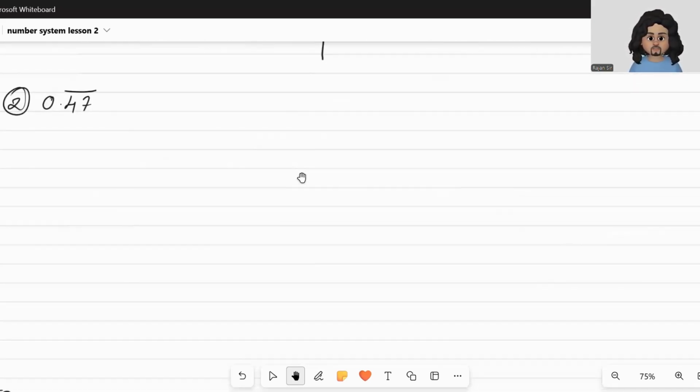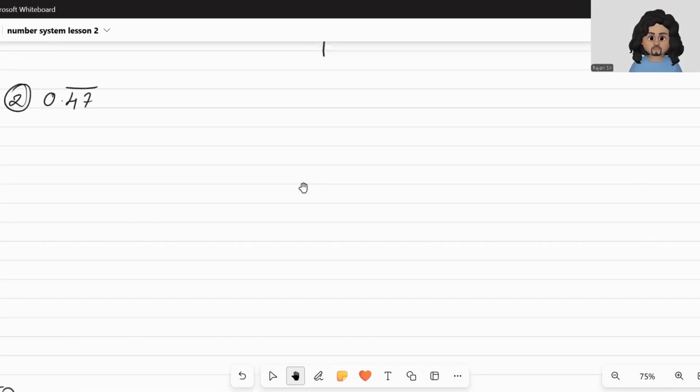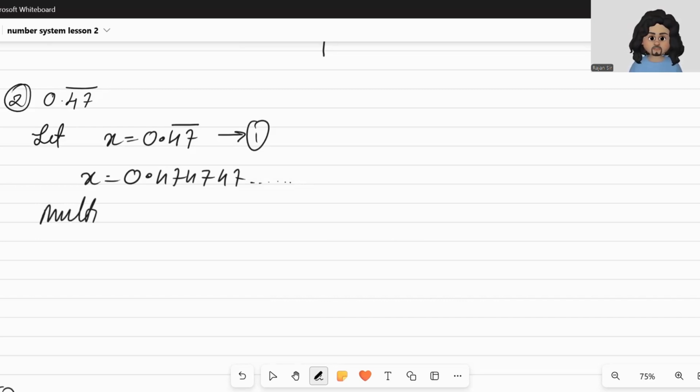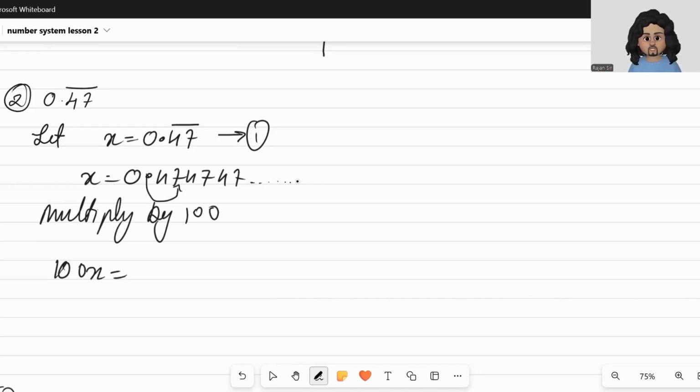Now, what if there is a bar on two decimals? So let's understand. Again, we use the same idea. We have let x equals 0.47 bar. Let's take it as equation number 1. Now open the bar. So we have 0.47, 47, 47, and so on, as you can understand. Now, since there's a bar on two decimals, you need to multiply by 100, because the 100 will shift the point from here to this point. So we get 100x is equal to